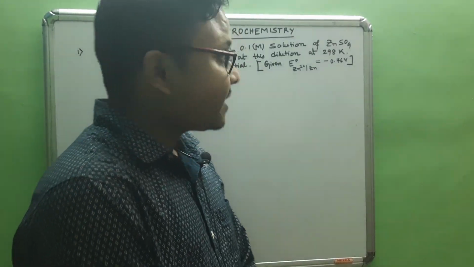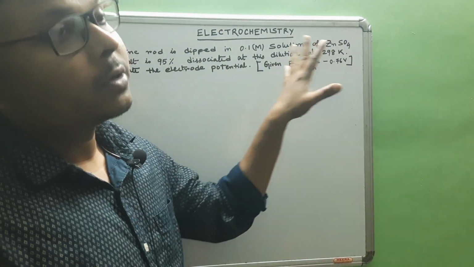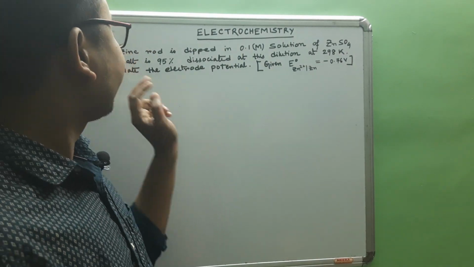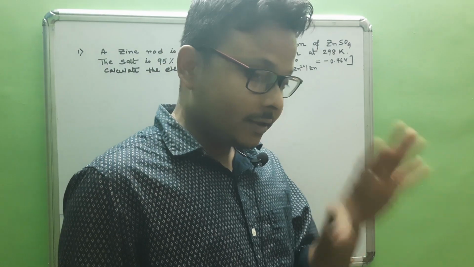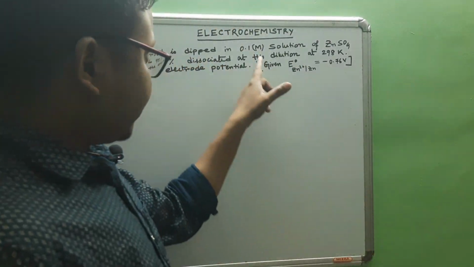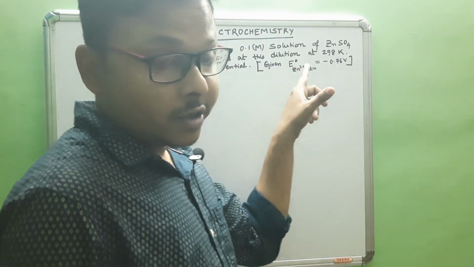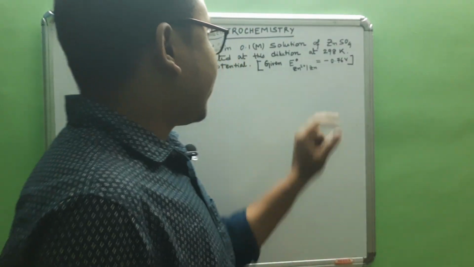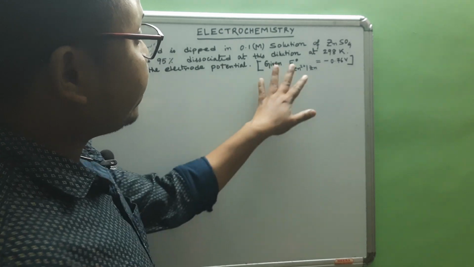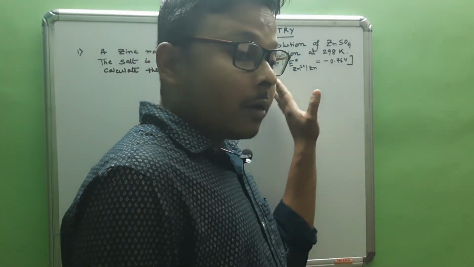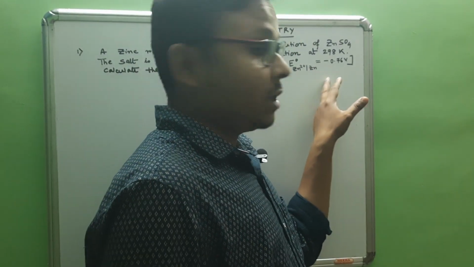We all know that zinc sulfate is a strong electrolyte, therefore it dissociates 95% at the dilution. At this dilution means when the concentration of the salt is 0.1 mole at 298 Kelvin. So calculate the electrode potential, given that the standard electrode potential of Zn2+ to Zn,